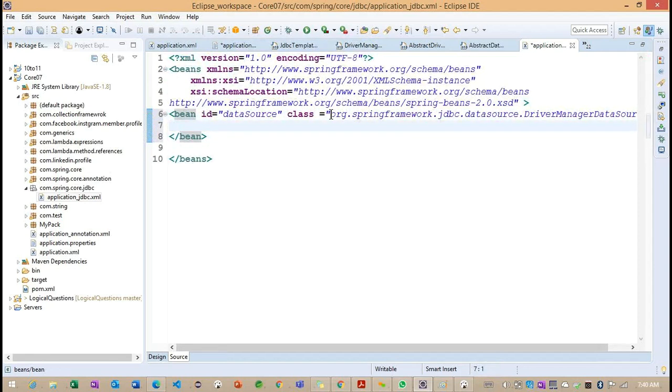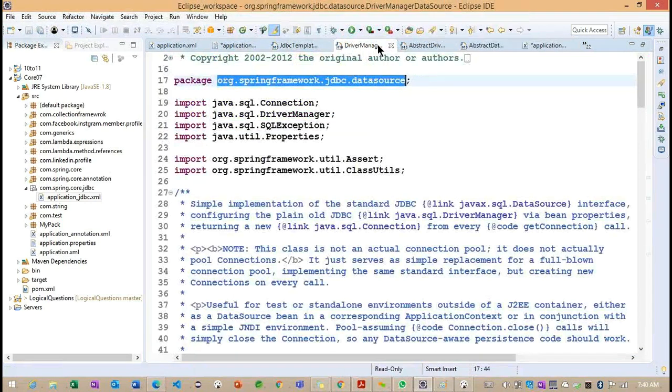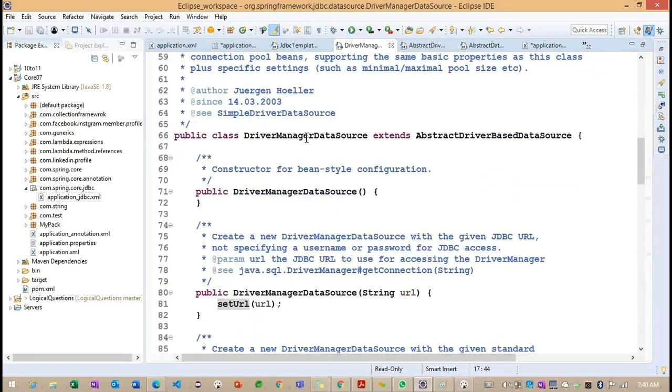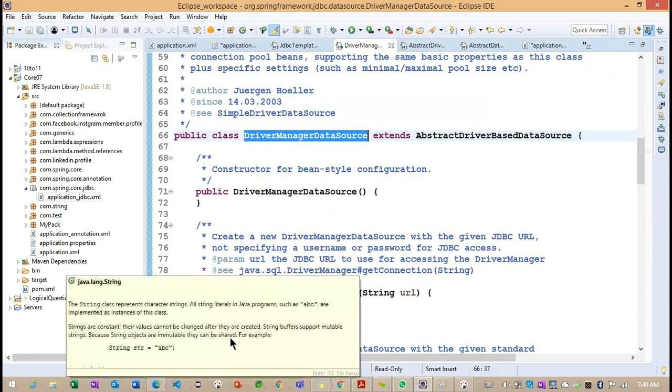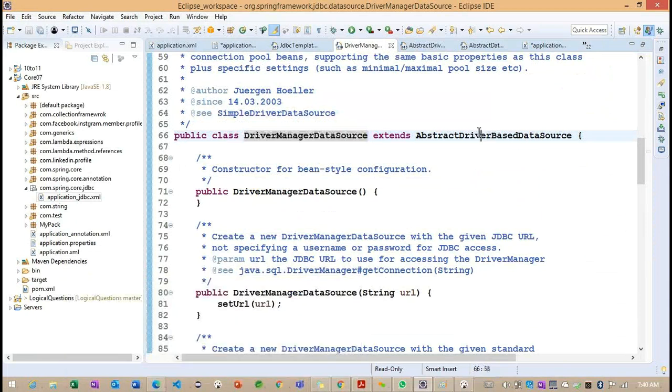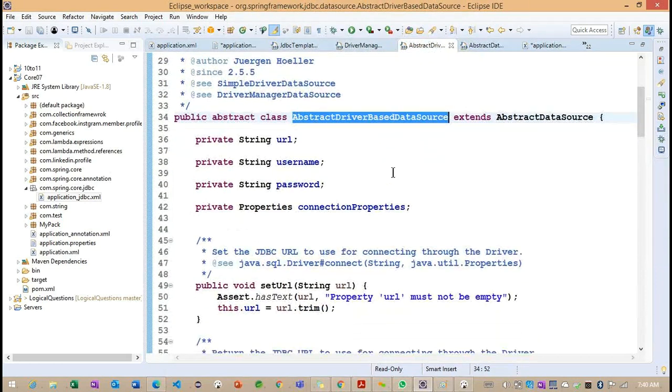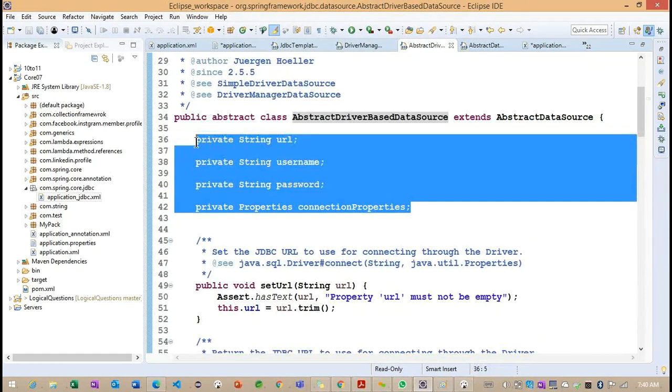And later, what are the properties? If you see inside this DriverManagerDataSource class, it extends a super class, because whatever information we are providing, internally it is calling the super class functionality, and all are properties only.